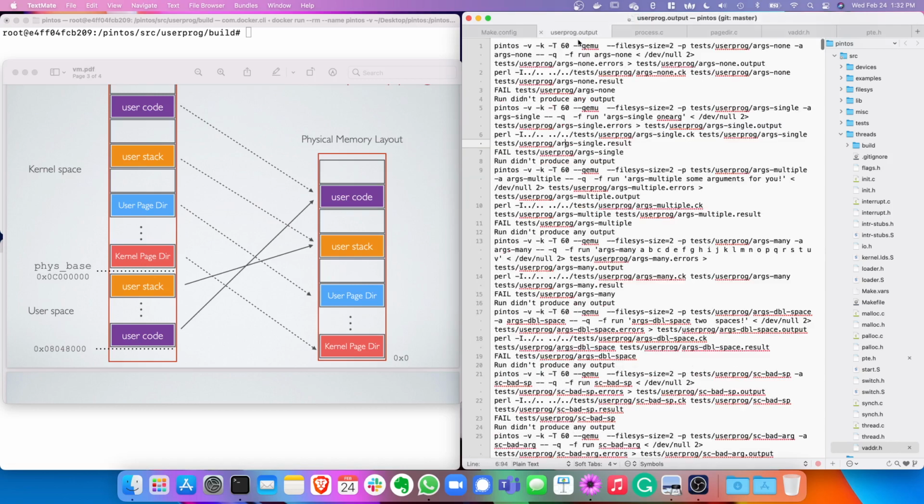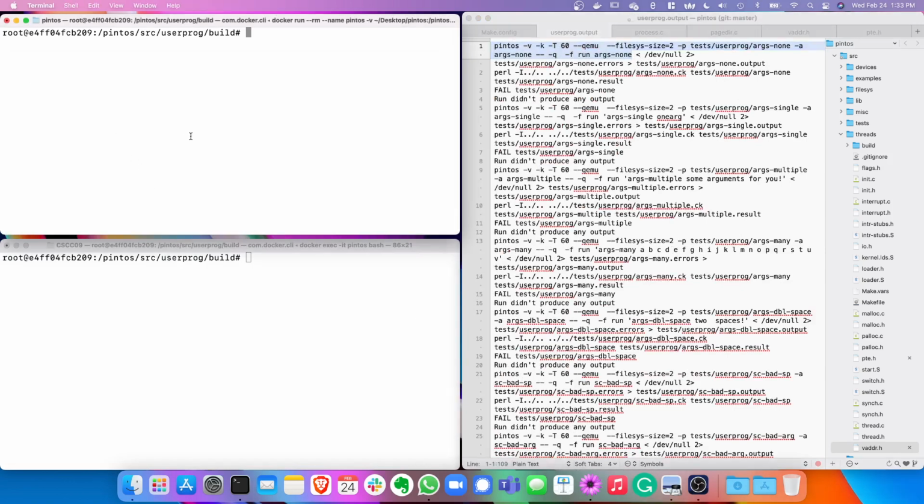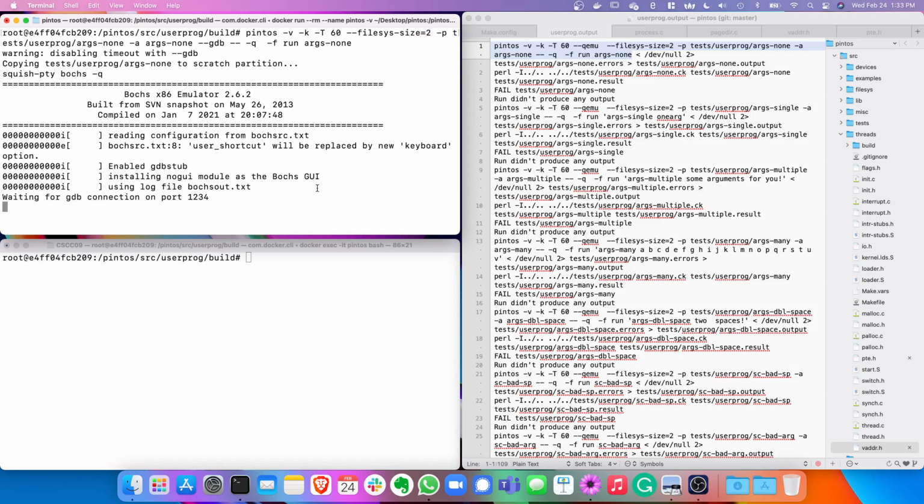All right, so let's execute the same program, the first test case for project 2. So I'm going to run it here. I'm going to modify the command line to have GDB. And also, I'm not going to run QEMU because QEMU is kind of limited. It doesn't give you access to some memory internals, and we need it here. So I'm just going to run it with Bochs. Bochs is the default VM. All right, now let's start PintOS